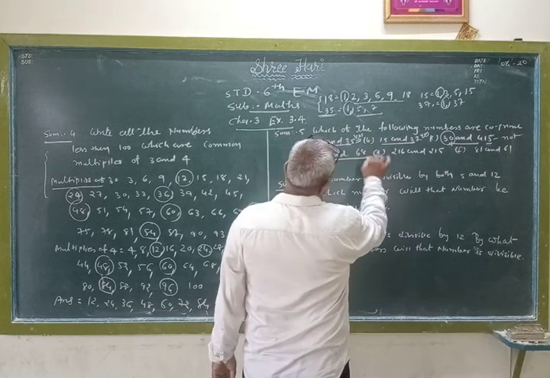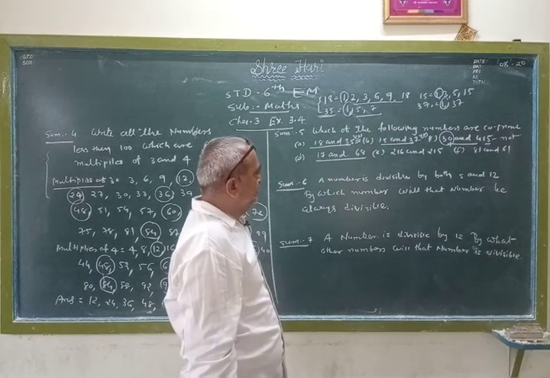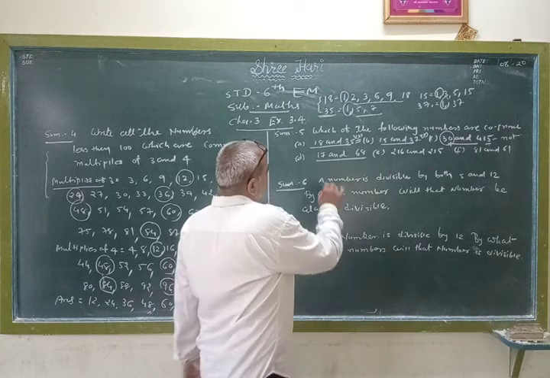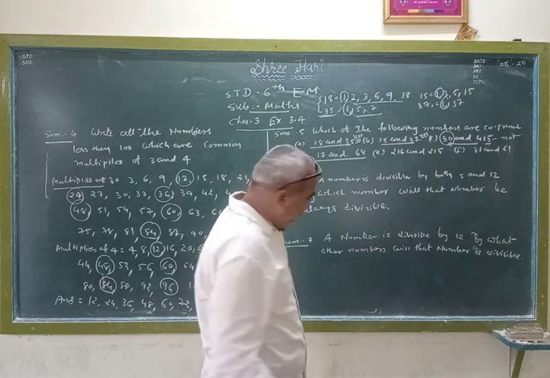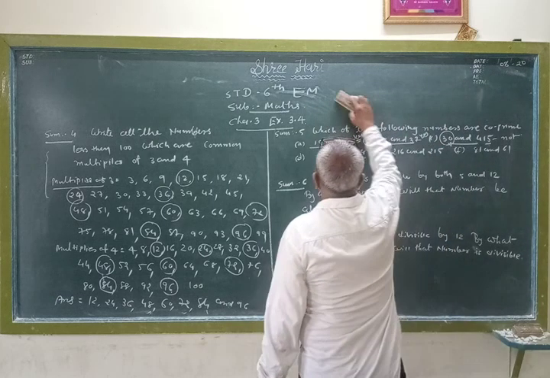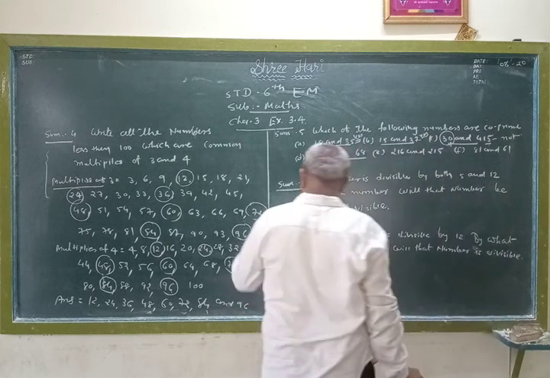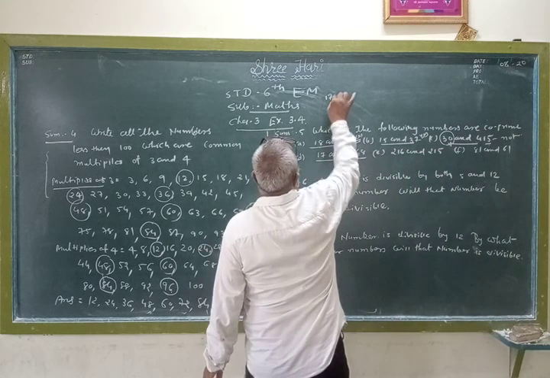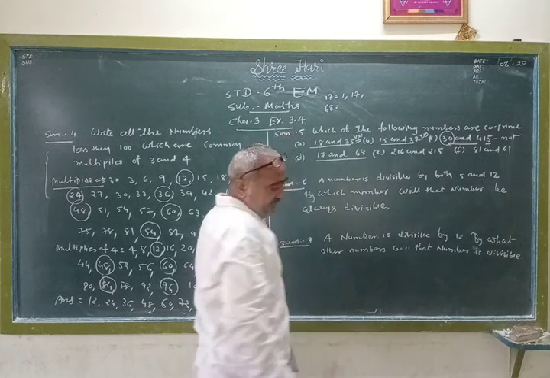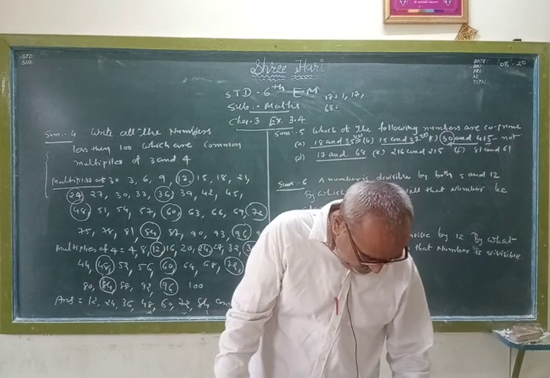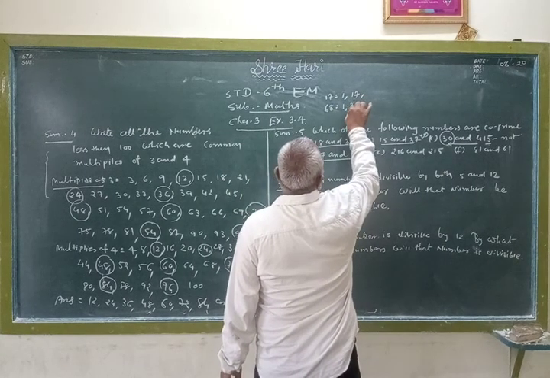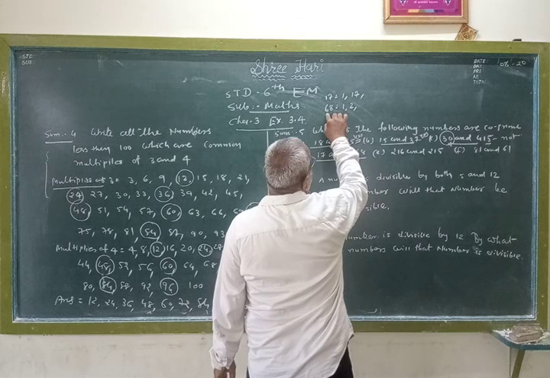Look here, 17 and 68. So we know 17 is also prime. Friends, I am going to write the factors of 17 and 68. So 17 has 1 and 17, right? Now 68. So 1, 2, can we divide by 3? Check 6 and 8, 14. So no. Then by 4.